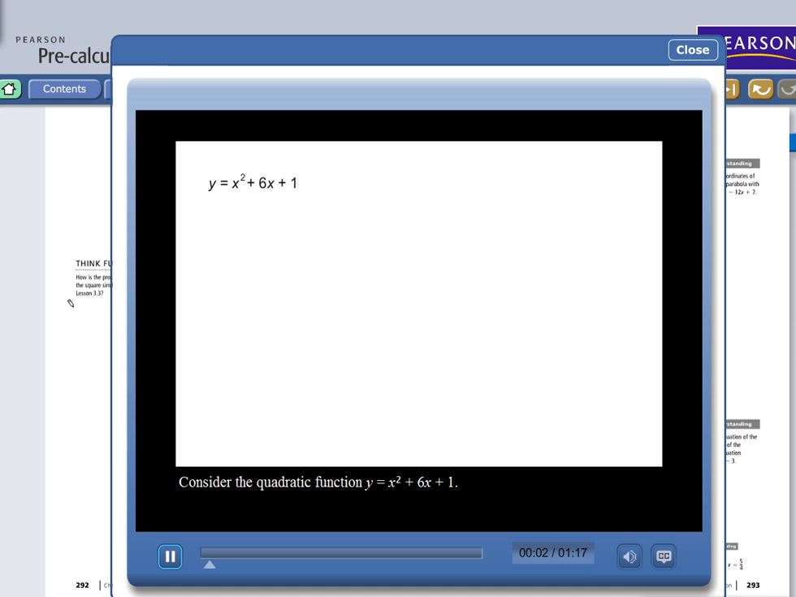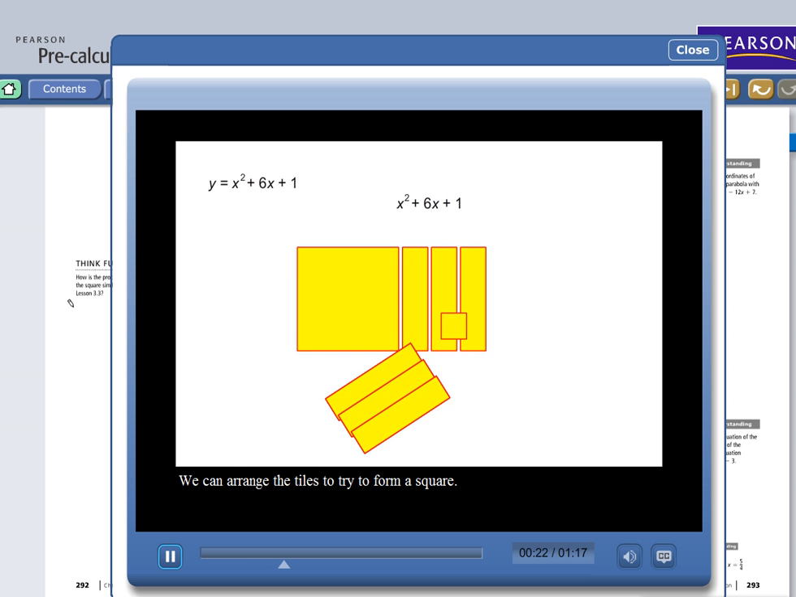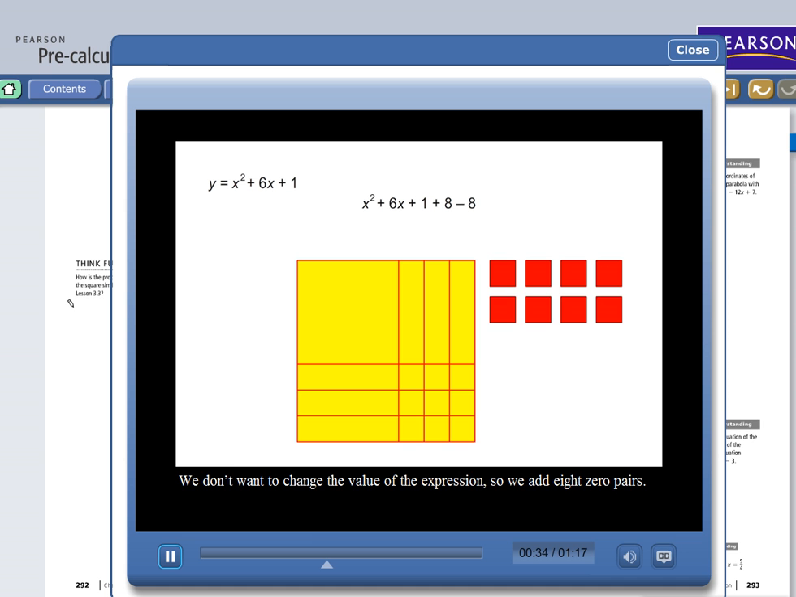Consider the quadratic function y equals x squared plus 6x plus 1. We can use algebra tiles to model the process of completing the square. These tiles model x squared plus 6x plus 1. We can arrange the tiles to try to form a square. To complete the square, we need to add 8 1 tiles. We don't want to change the value of the expression, so we add 8 0 pairs. The tiles model x squared plus 6x plus 9 minus 8, which is still equal to x squared plus 6x